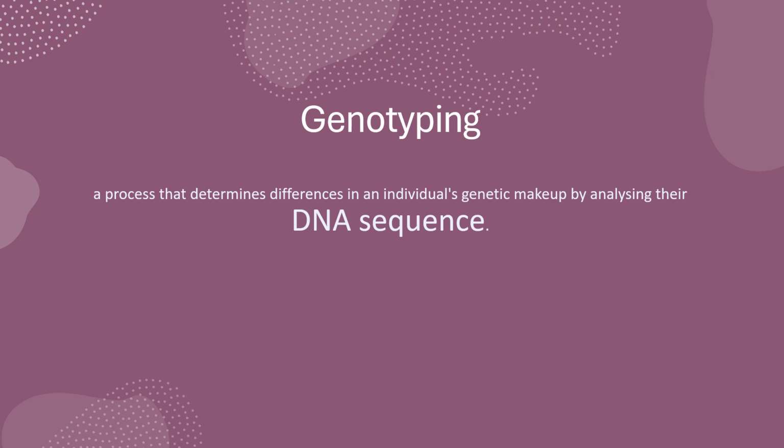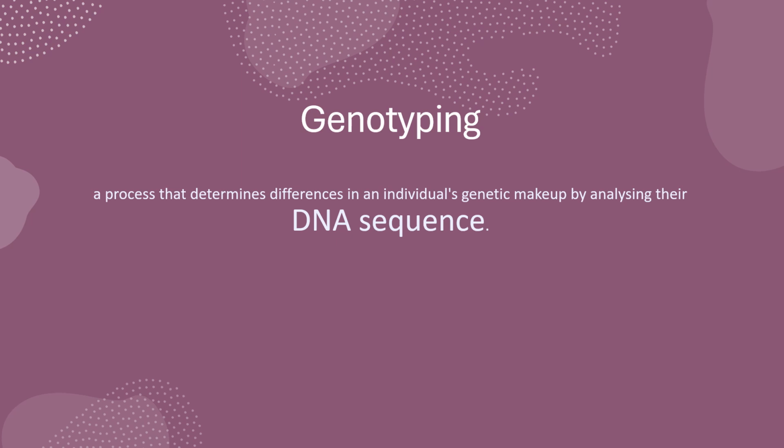Hello again, Year 13s. Welcome to another installment in our marker-assisted selection. And specifically, when we're looking at marker-assisted selection for selective breeding, how do they actually sequence the genome to know where the differences are so that they can choose the right allele of the phenotype that they are looking for? Okay, so genotyping is a process that determines the differences in an individual's genetic makeup by analyzing their